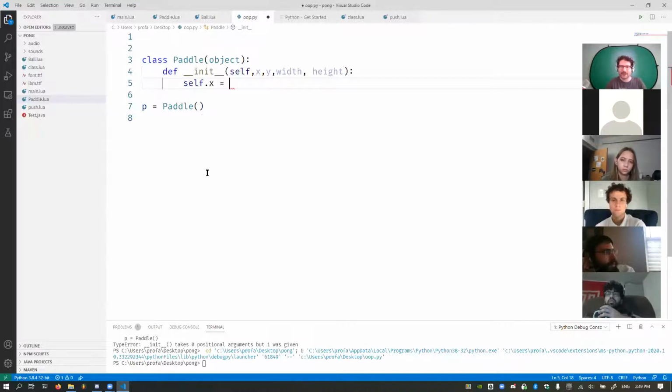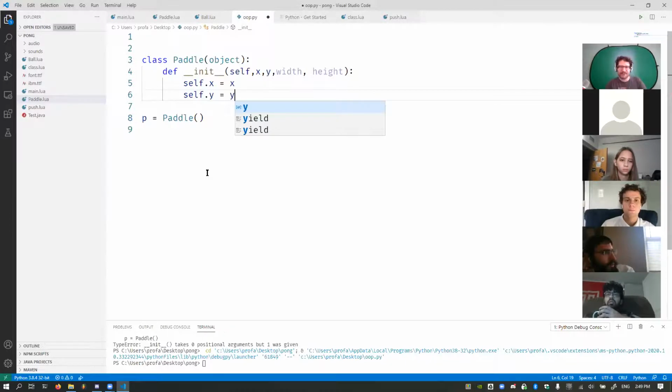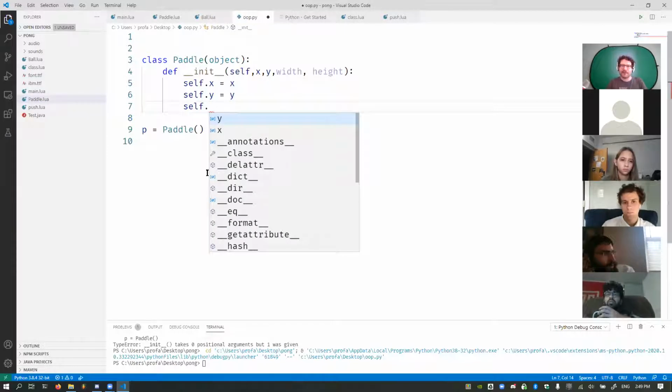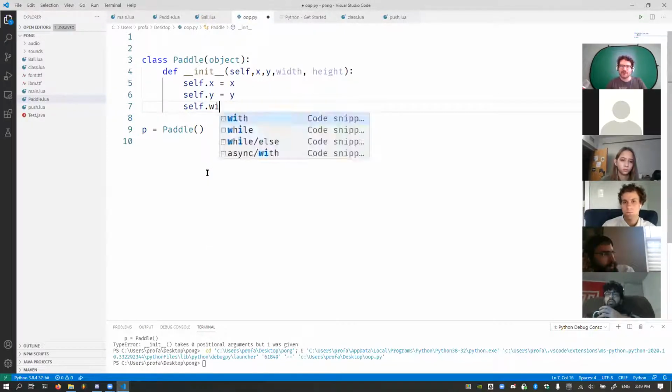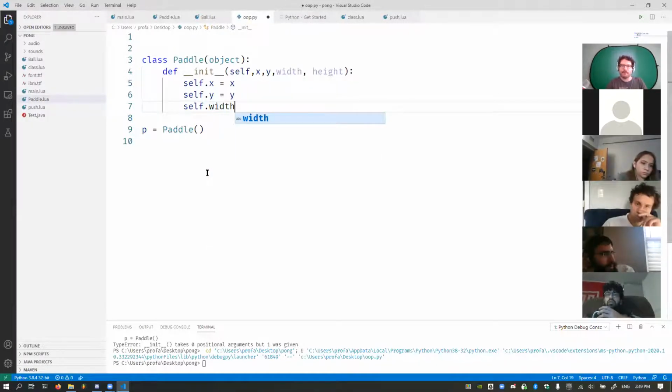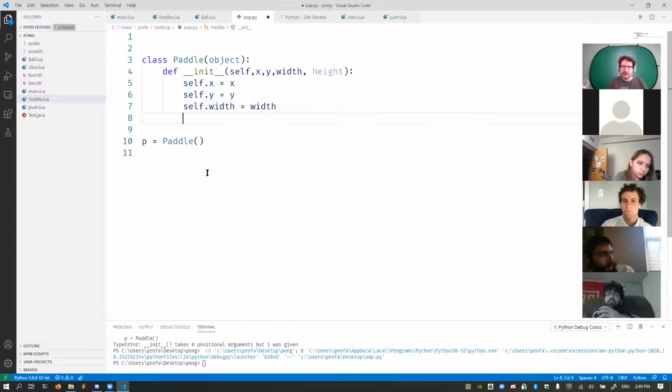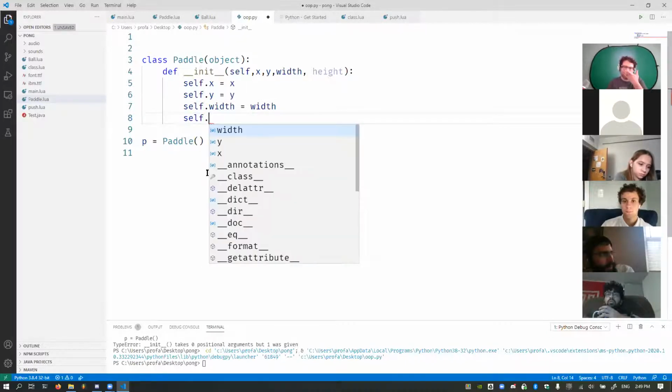I do that in Java a lot because Java is innately made to be an object-oriented language, whereas Python, yeah, it's object-oriented, but you don't have to. So setting it up is just a matter of mapping these variables to each other, creating a variable called self.width, and then creating a variable called self.height.